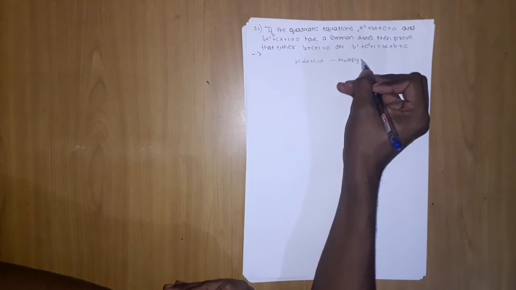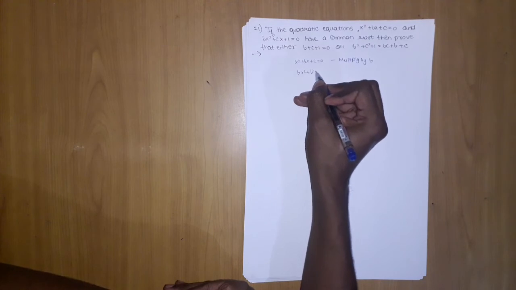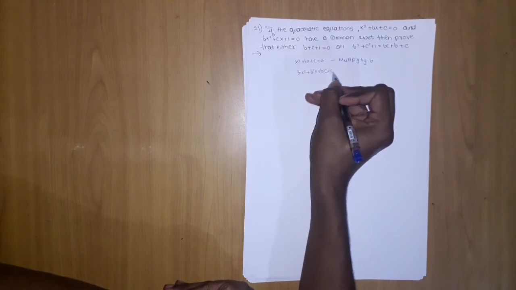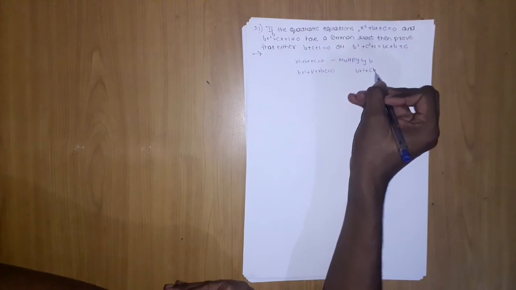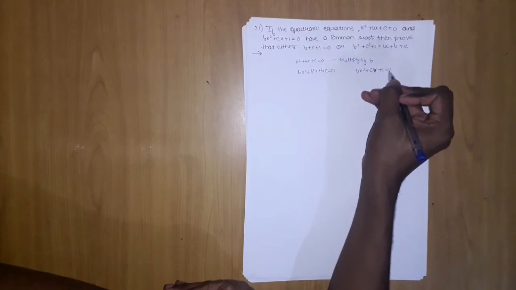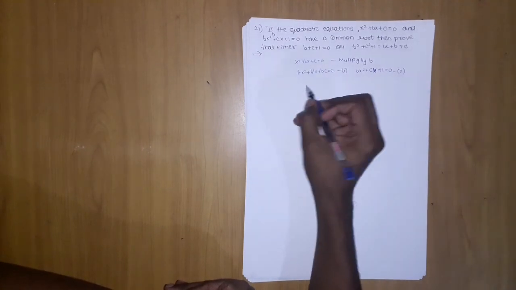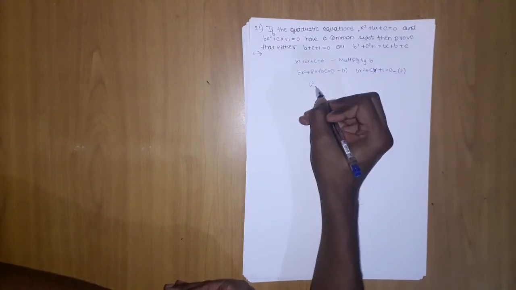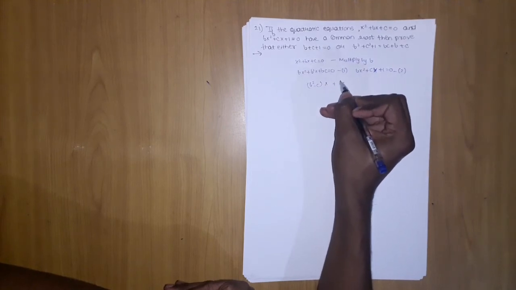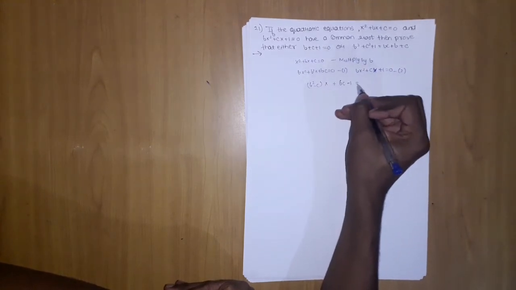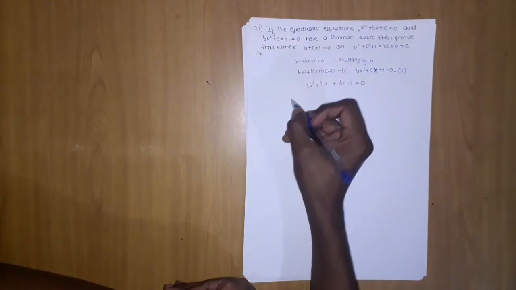Multiply by b, what do we get? bx square plus b square x plus bc equal to 0, and we have one equation bx square plus cx plus 1 equal to 0. Subtract 1 and 2, what are we getting? (b square minus c) into x plus bc minus 1 should be equal to 0.